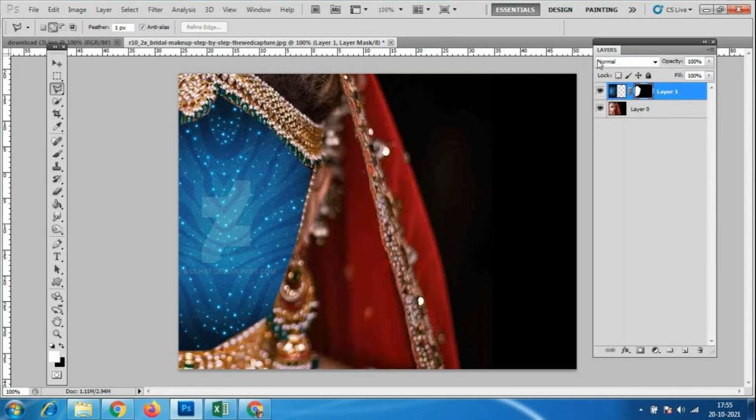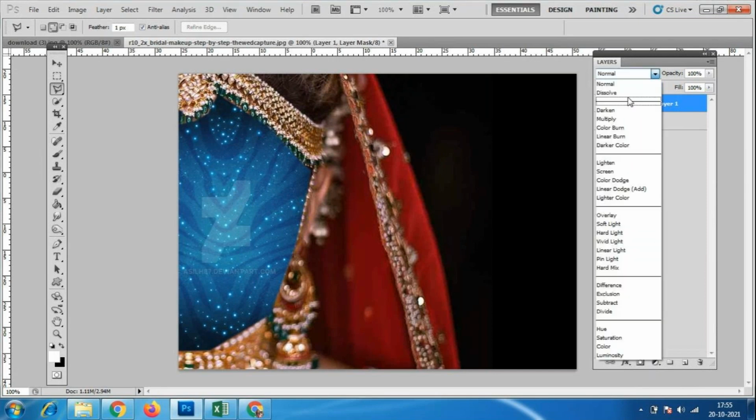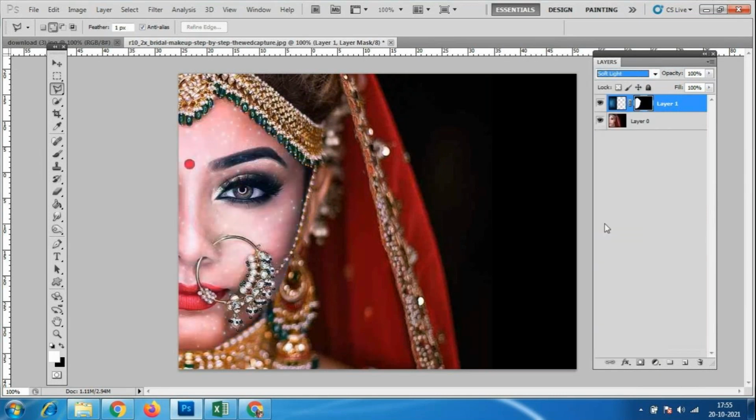Afterwards we have multiple things here. If you go to the layers, there is an option here, Normal. In that we have multiple options, like Soft Light. If you give Soft Light, look here, some sparkle kind of effect, very less sparkle, you can see it.